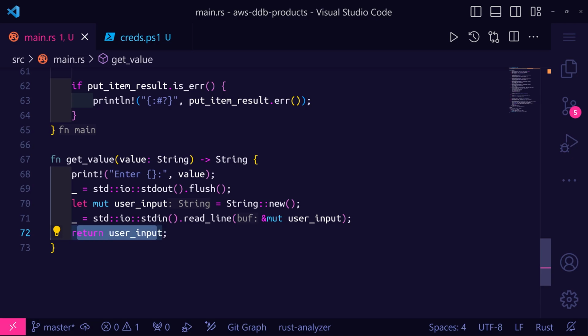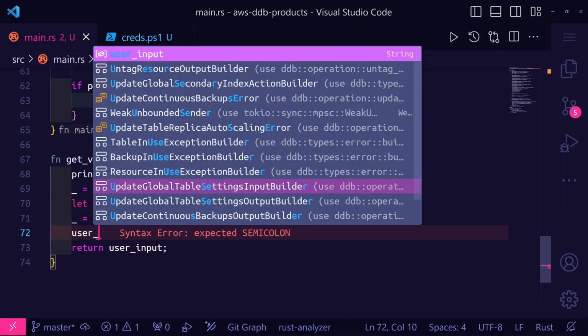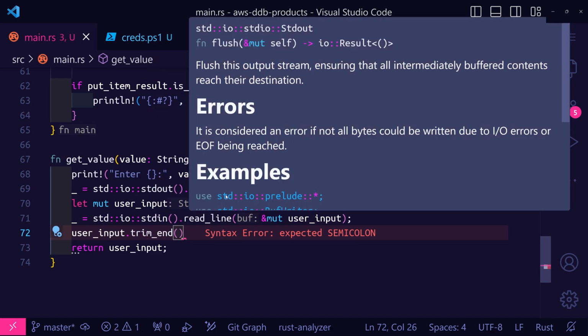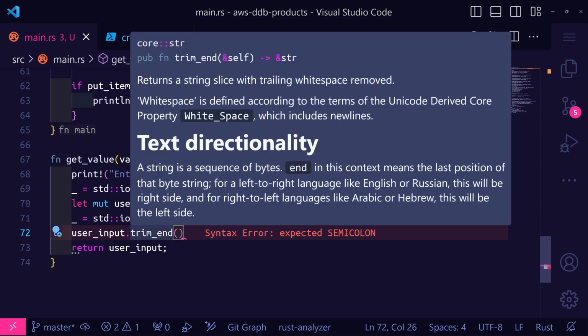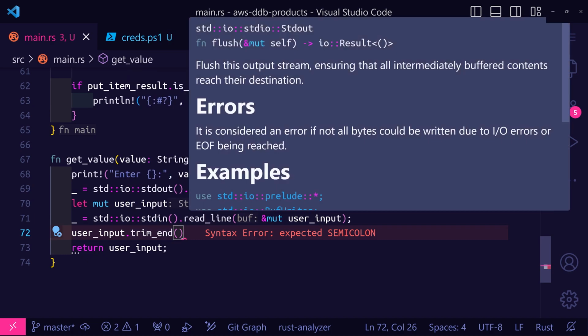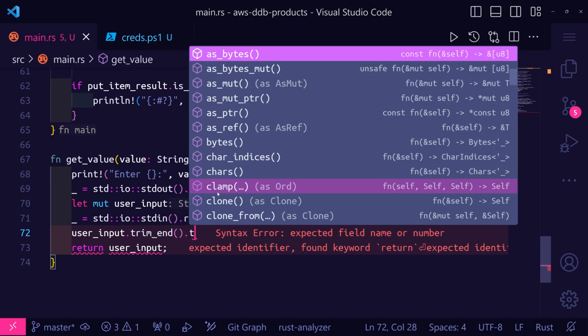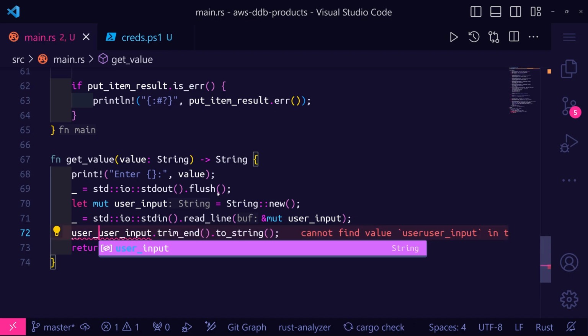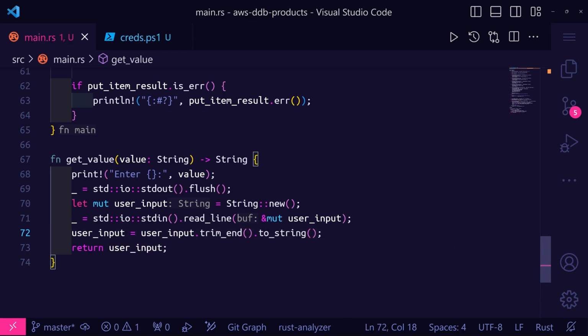So somewhere right before we return the user input here, I'm going to take the user input and we're going to say trim end in order to trim off the characters that we don't want. As you can see, the trim end function is going to return a string slice with the trailing white space removed, and a new line character is considered trailing white space, so it'll trim that off. But we need to actually take that from a static string back into a regular string, so we'll say .toString. And so now what we can do is just assign that to user input once again, and then return that